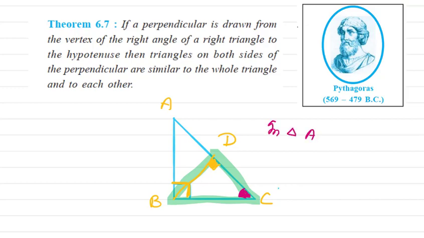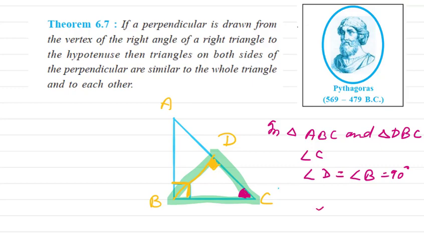I'm looking in triangle ABC and triangle DBC. So C is common in both the triangles, and angle D is equal to angle B, that is 90 degree. So both the triangles will be similar by which criteria? By AA. The same way, if you will see the other smaller triangle, so here you can see this angle A is common in this smaller triangle as well in the bigger triangle, and again same thing, here this angle is 90 degree and here in the bigger triangle this is 90 degree. So again both the triangles are similar by AA criteria.